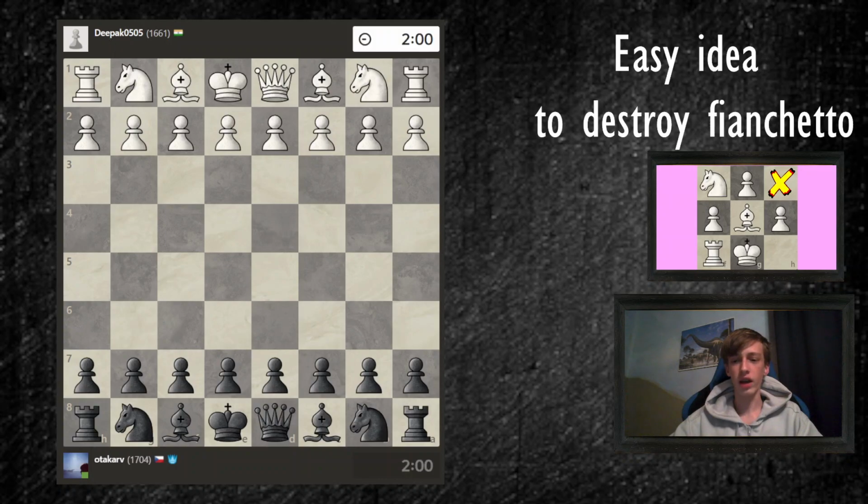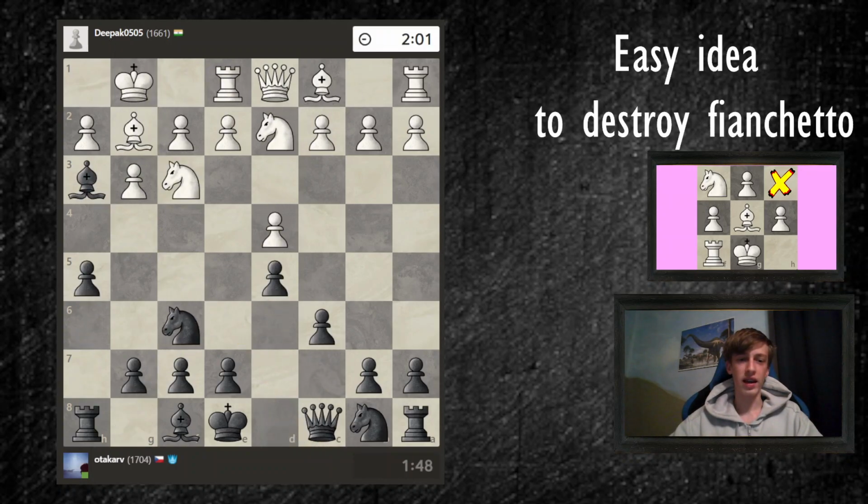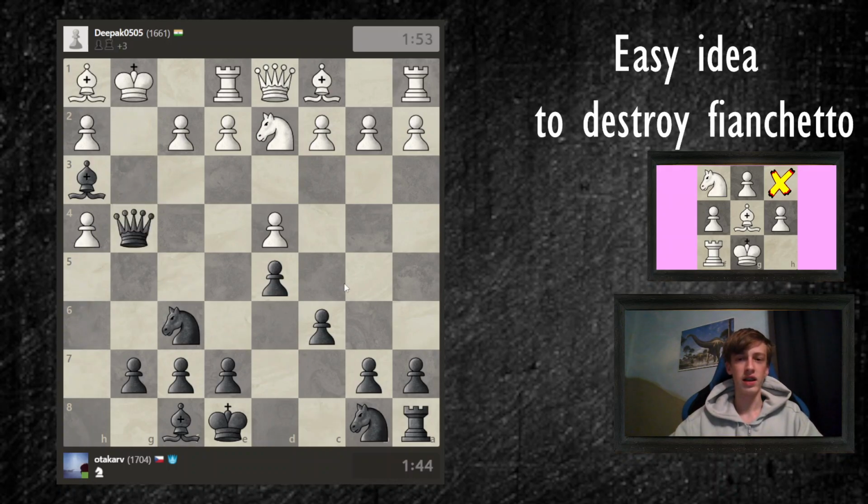So that's how you can break through easily against the Fianchetto. Just employ this idea, and yeah,